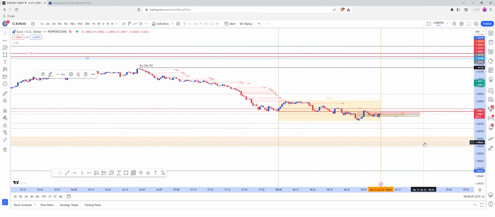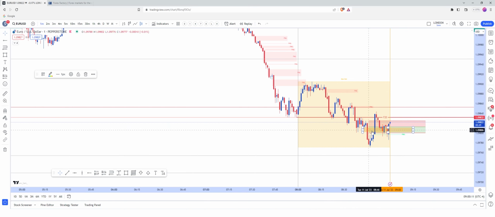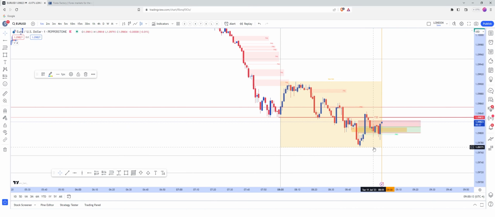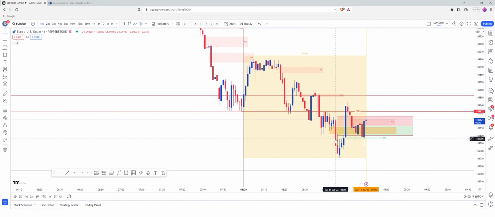So the new hour is just opening up now. Our fair value gap with balanced price range. So again, another signature that we look for in price. Aggressive move down, aggressive move back up. We'll have the bearish fair value gap followed by a bullish fair value gap. Where the two overlap is our balanced price range. And now we're just being patient.